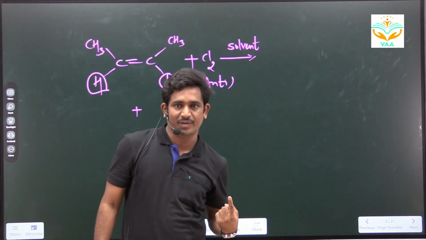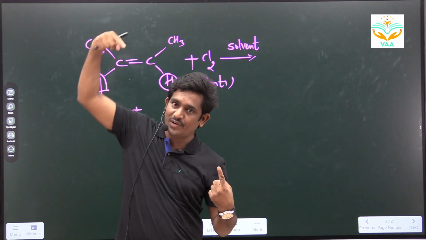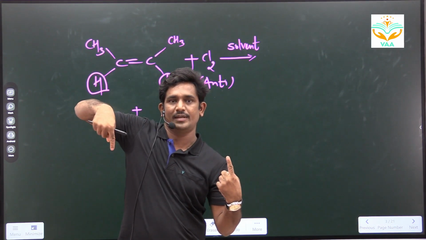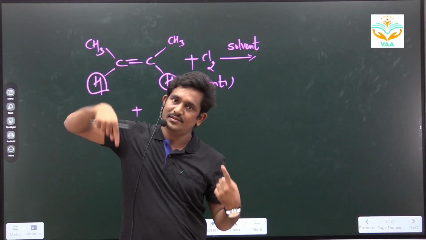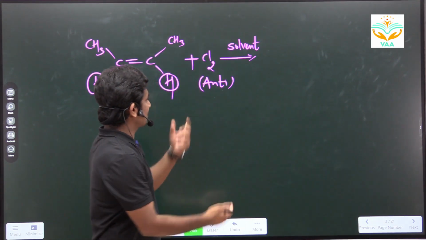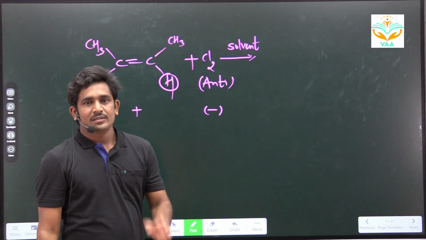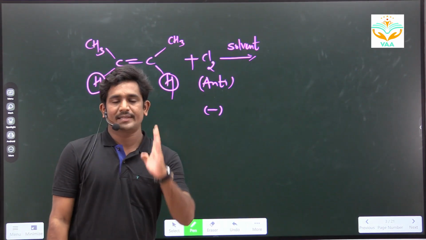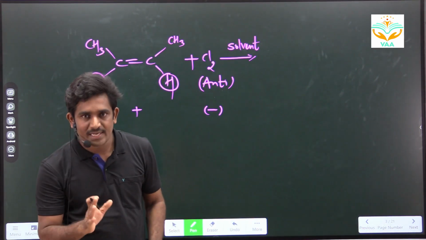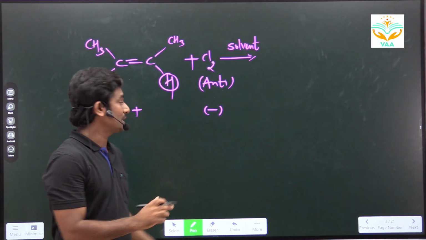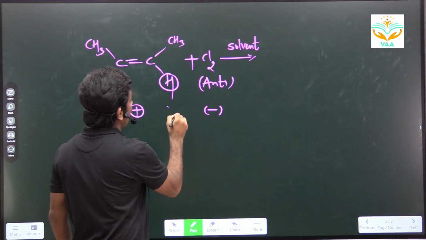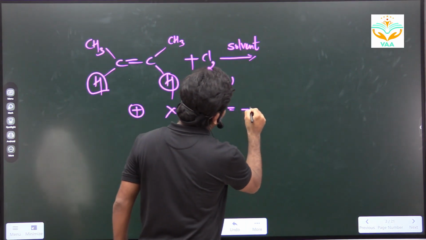One chlorine is attacking from the downside and the other chlorine is attacking from the upside. So, opposite sides. So it is negative sign. We have to take negative sign. If both are on the same side, take plus. If they are on opposite sides, take minus. So plus into minus equal to minus.